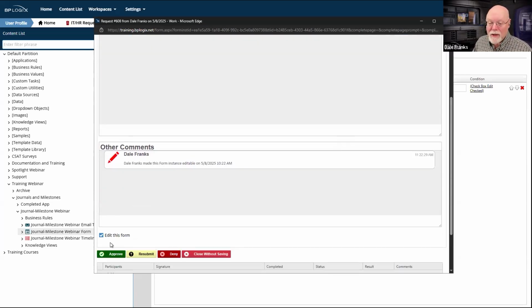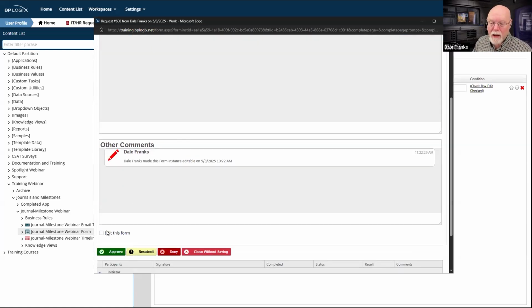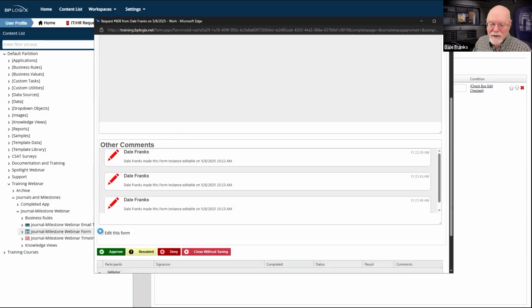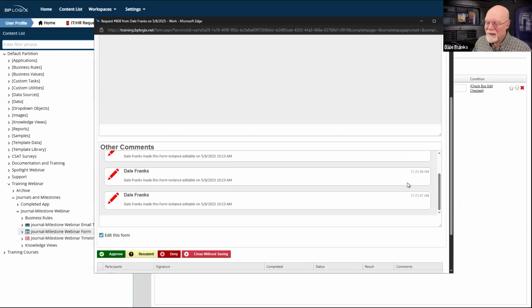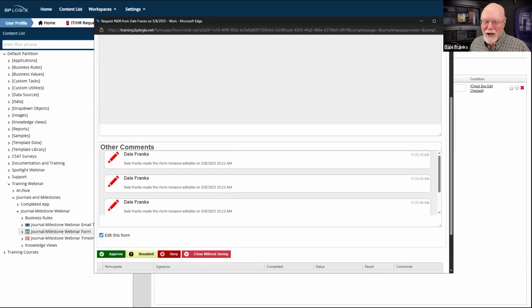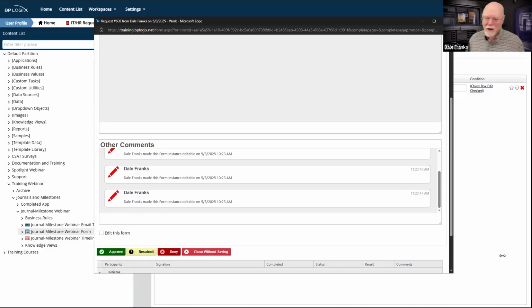But this control works. Now, when I turn it off, nothing happens, but if I turn it back on, I can just spam my events right here in this particular journal control, every time I have made a change, or every time I have made the form editable on that control.